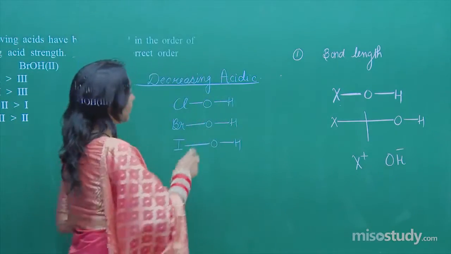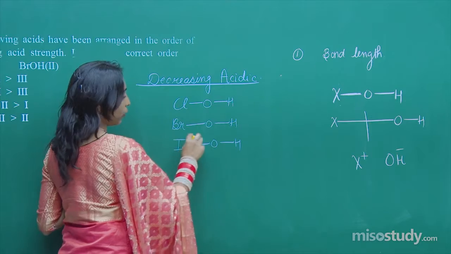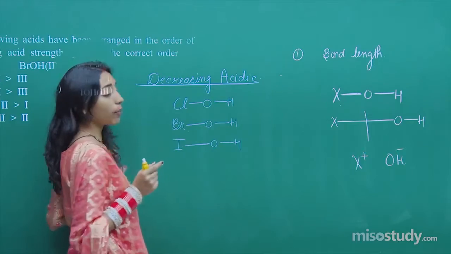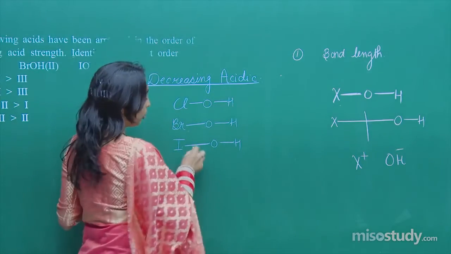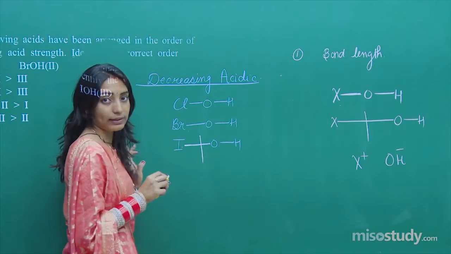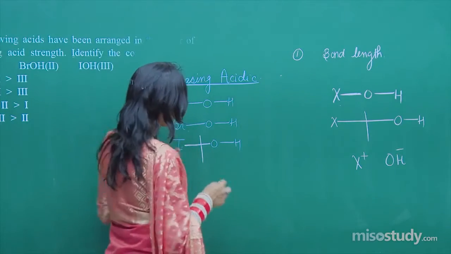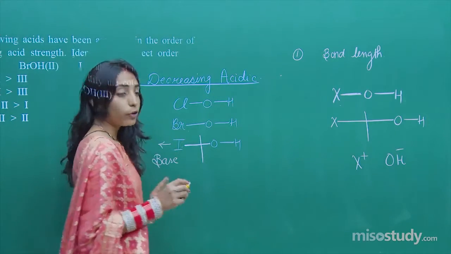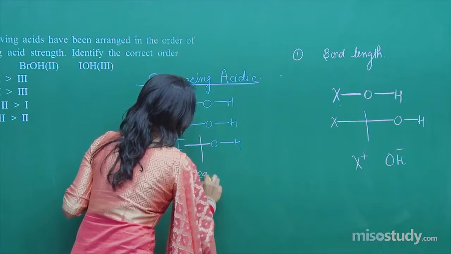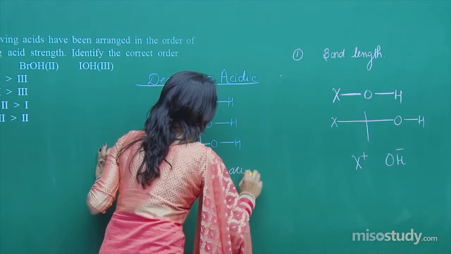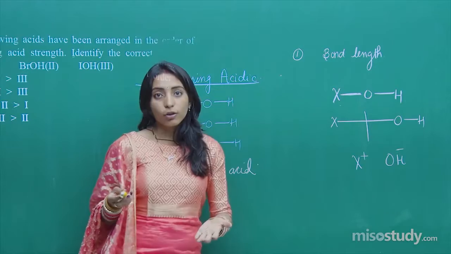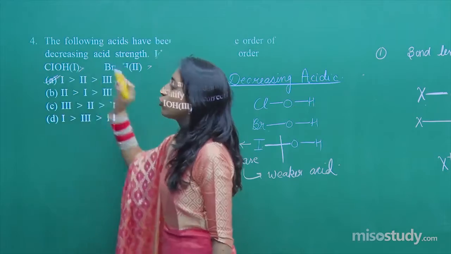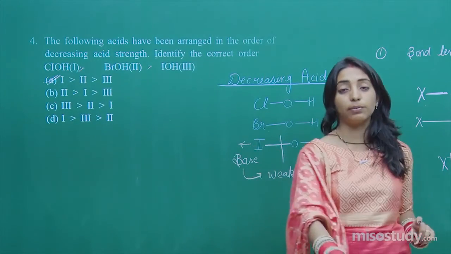If you compare Cl-O, Br-O, I-O, genuinely you can say when you go down the group, the size of iodine is biggest, then Br is bigger, and chlorine is just big, right? So this bond length is longer. Longer means it can break easily. So if it is breaking easily, IOH will act as a base. If IOH is a good base, it will be a weaker acid, and ClOH will be the strongest acid. So according to this, ClOH will be strongest, then BrOH, then IOH. So A should be the correct option. So this is the first explanation.